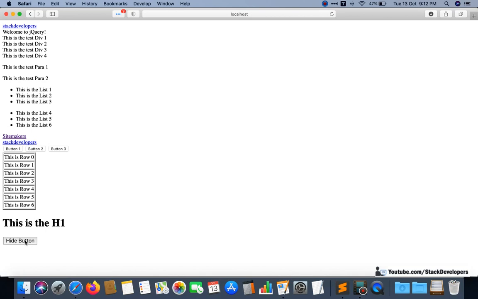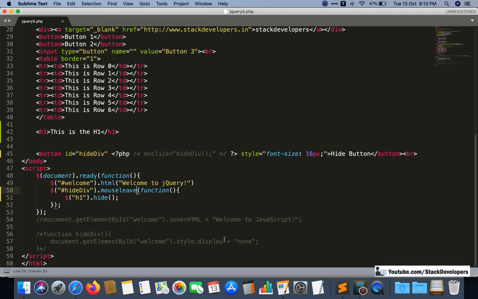Let's see. Okay, so it is clear to you how it will be performed. If you bring your mouse over the hide button, then nothing will happen, but if you take it away, then this is going to work. Okay, so this is a kind of mouse leave event. Every time you leave the cursor, it will happen like this. So this is the mouse leave event.